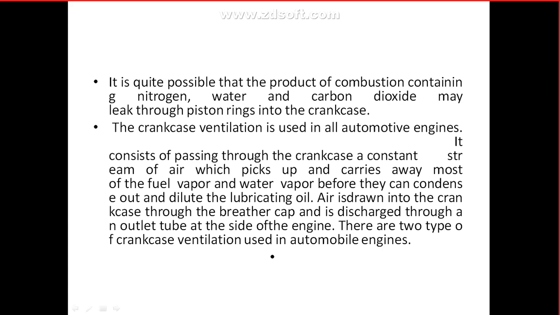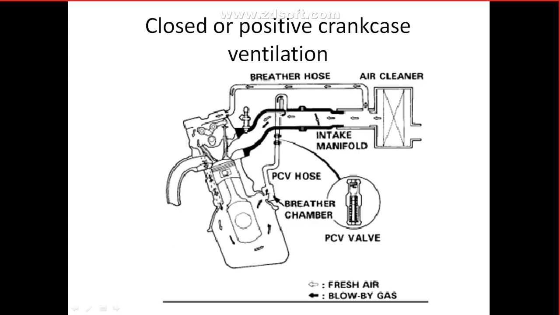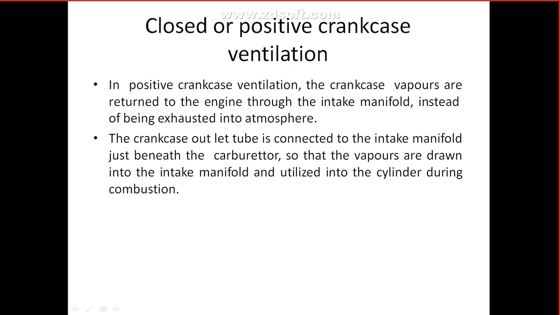Air is drawn into the crankcase through the breather cap. At the top of the crankcase there is a small cap. Through this cap air enters and is discharged through an outlet tube at the side of the engine. Through the outlet tube these gases are sent out. There are two types of crankcase ventilation used in automobile engines. One is closed or positive crankcase ventilation. Another one is the open type. Here we are discussing only